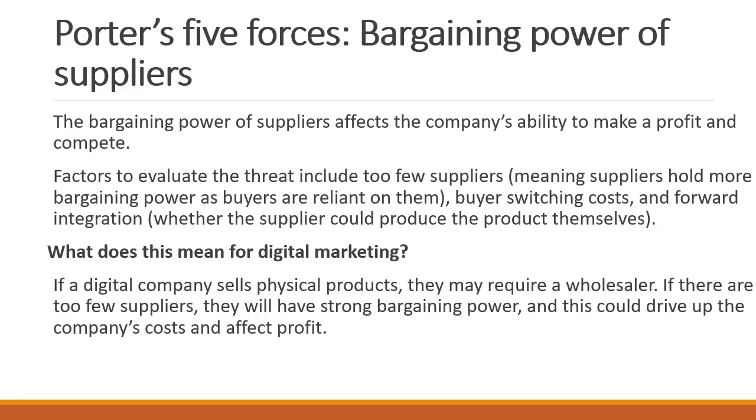The bargaining power of suppliers. So if there are a lot of suppliers in the marketplace, then we have the option to go to the lowest cost supplier. Then the company has the bargaining power over suppliers. But if there's only one supplier, then the supplier has the bargaining power because we can't go anywhere else to get our product. And so it's who has the bargaining power to set costs and prices.